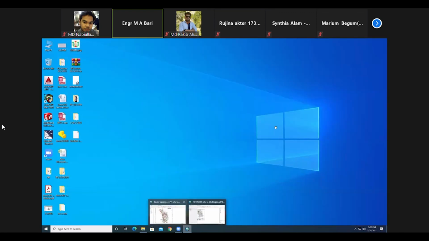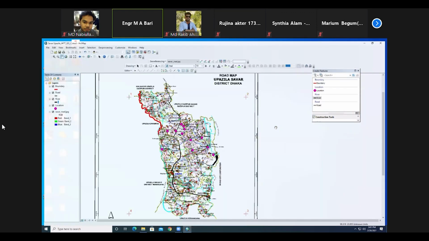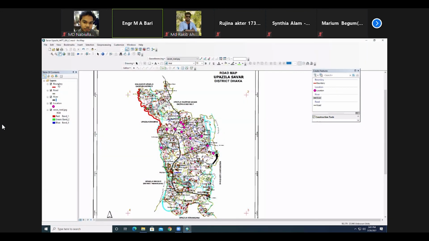I think your task is clear now. Please fill in all the boundaries: outer boundary, road, river, location. And send the GP and send it to me. Send the file with some portions upgraded. Because I was shocked to see some of your files, because somebody copied from us, prepared by others. Please, you will face a problem.